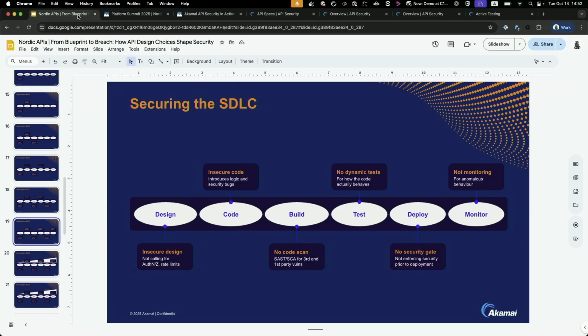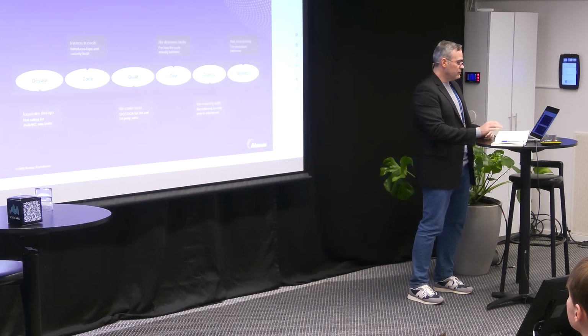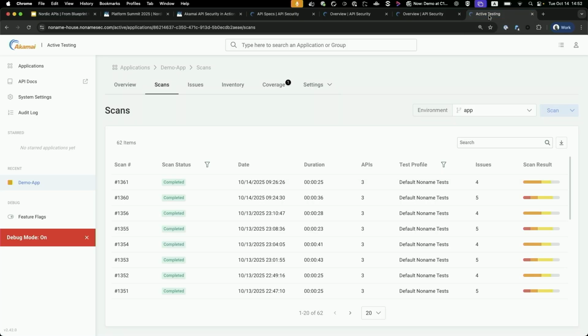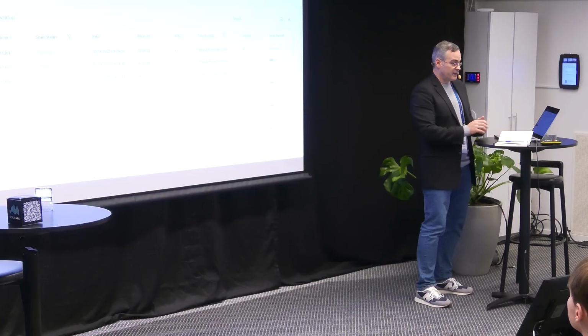Now you get to coding. You have the API specification, you code it, and you build it, and basically what you do then is you test it. We have a testing tool that integrates with our platform, which we call active testing. You can use it to run dynamic tests that are very specific to APIs, to stress out not just input validation, which is what most DAST tools do, but really to look at the logic, right? And what I will now attempt to do is show you something like that live, and let's